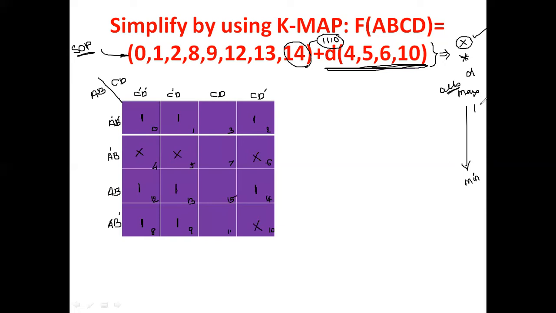Since it is a 4 variable map, first 16, and then 8 numbers of 1 since 2 power 3, and then 4 numbers of 1 since 2 power 2, and then 2 numbers of cells since 2 power 1, then 1 number of cells. Okay, so this is the sequence. Here, after filling this, the numbers not given in that problem should be marked as 0. So I marked it here as a 0.